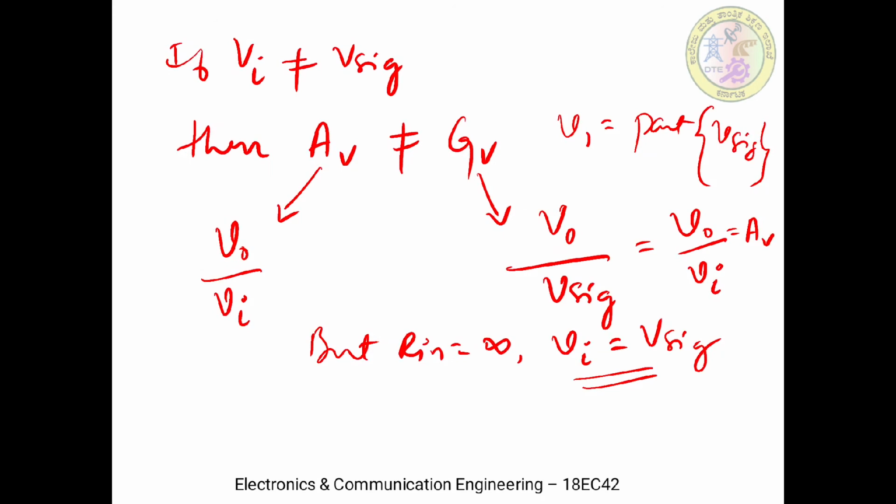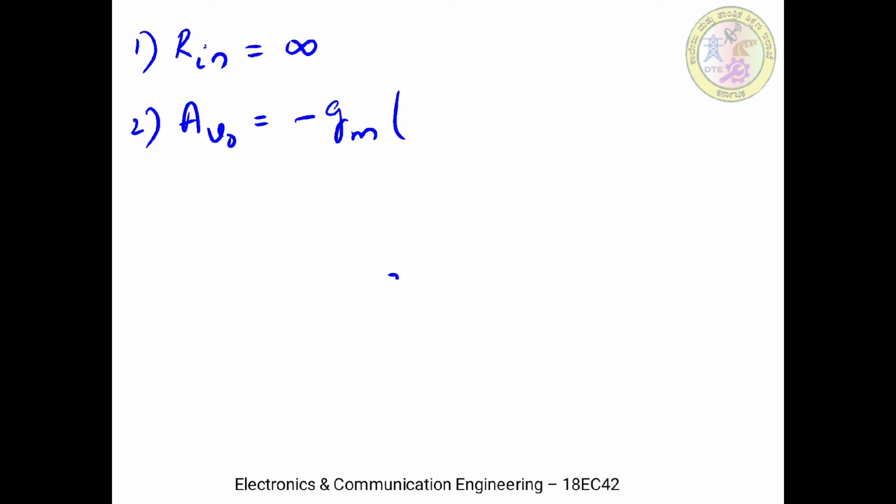Okay, so to summarize them, we have the list. First one is the input resistance Rin. The input resistance Rin is equal to infinity. Next, we consider the open circuit voltage gain AV naught. This will be equal to minus GM into RD parallel with R naught. But for this AV we also have another expression, minus GM into simply RD, the reason being R naught is very much greater than RD.